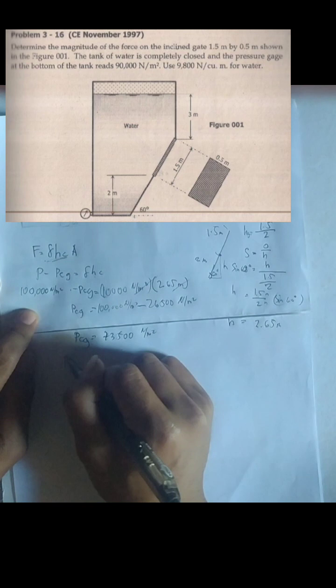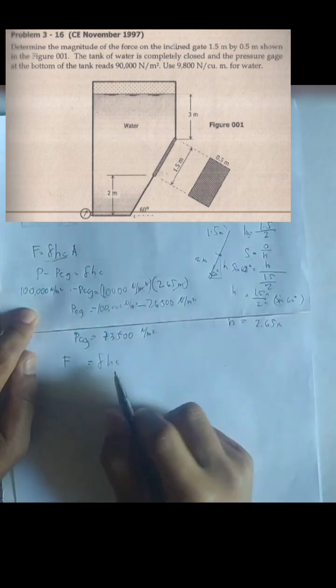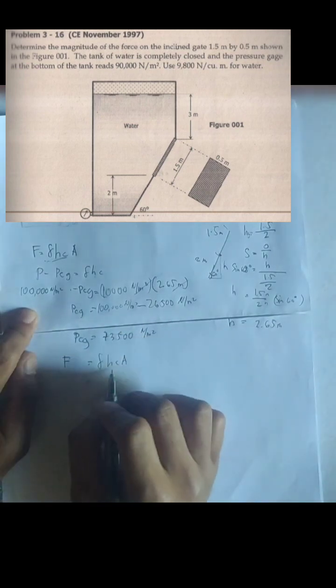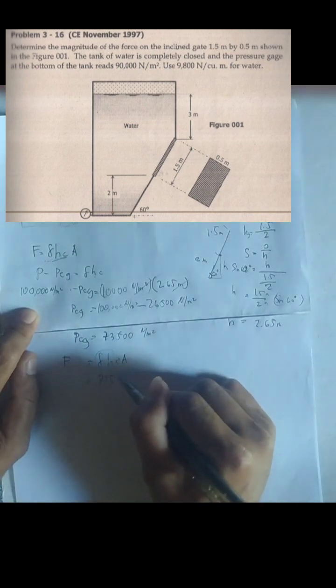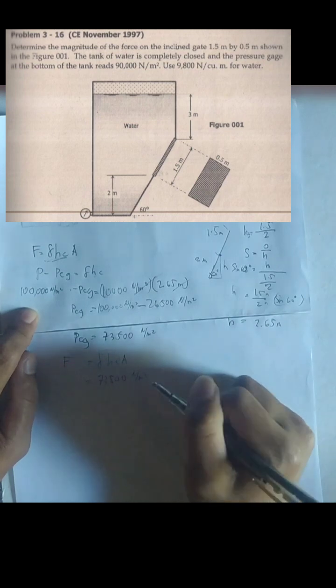If we go back to the formula, F equals specific weight times height times area, we can use this as the equivalent for these two. So we can input 73,500 Newton per meter squared